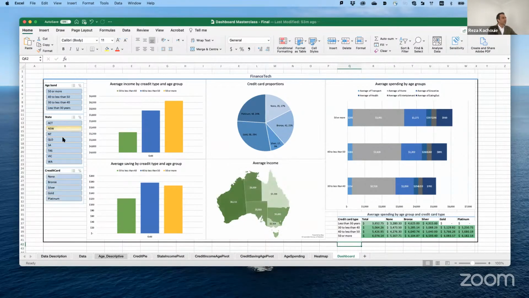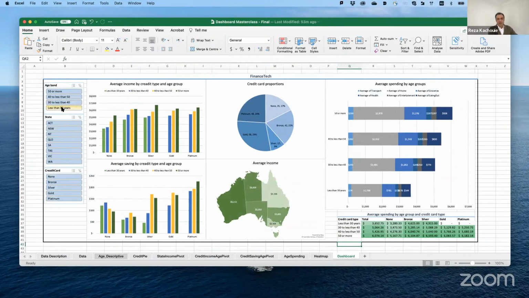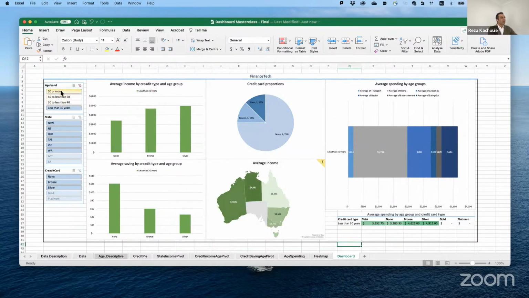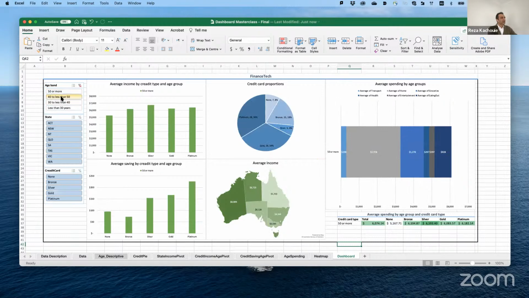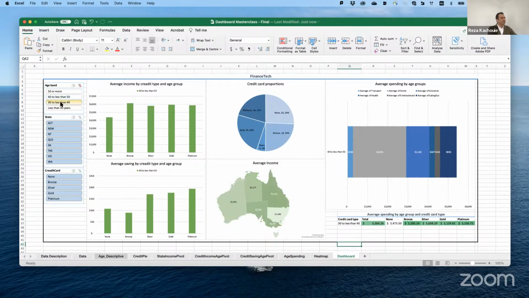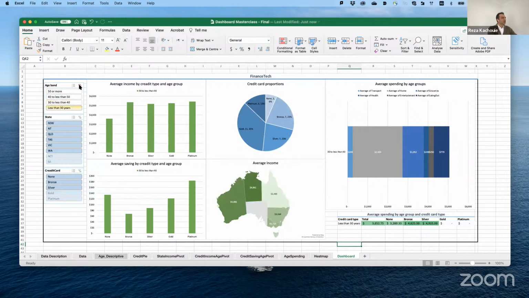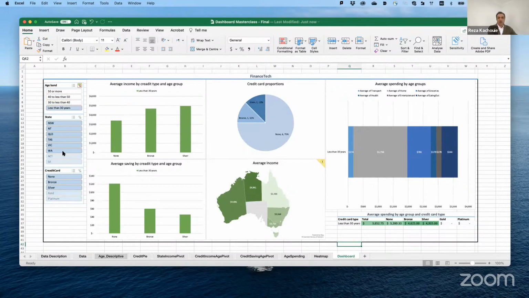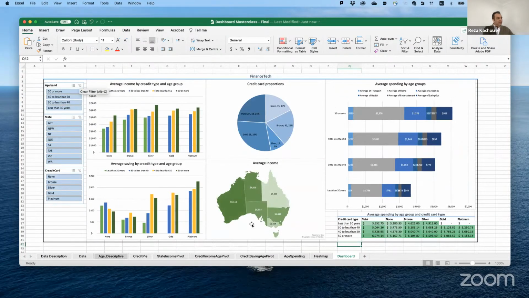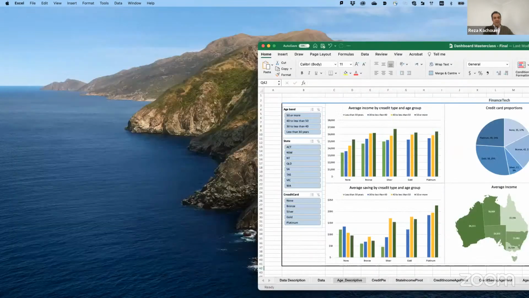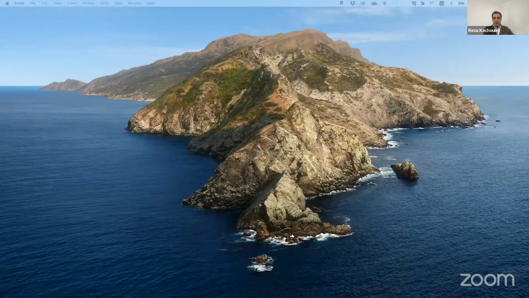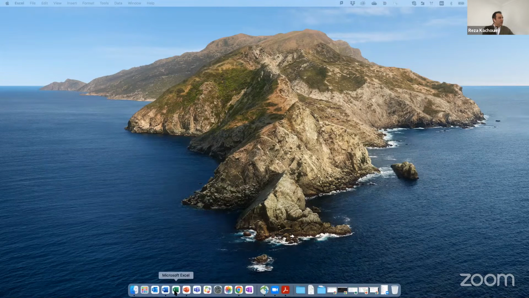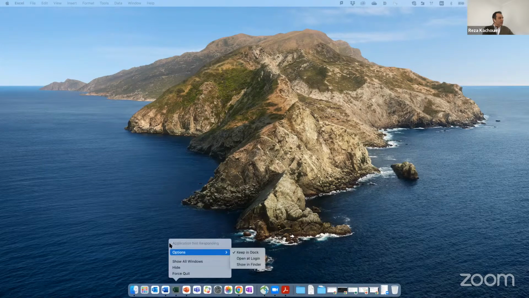Or you can see what's going on for the customers that are less than 30 years old. The data set updates automatically and it is completely interactive. You can see that different aspects of this dashboard change according to what slicer we pick. So that's the basics. That's the final piece that we want to see. But before going there, we need to understand our data set. So let me open the raw data set that you have.